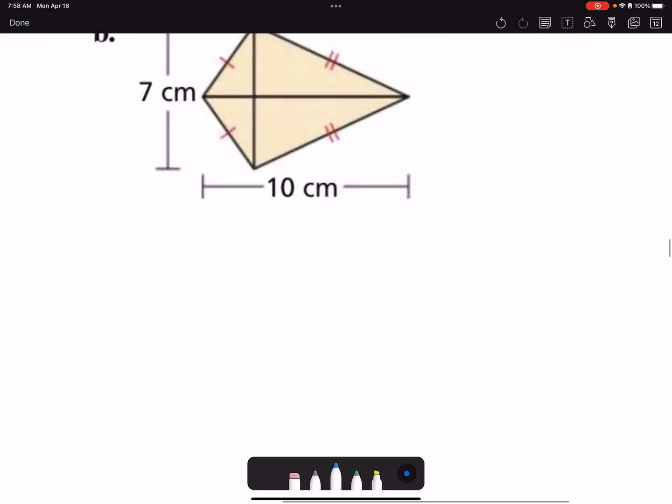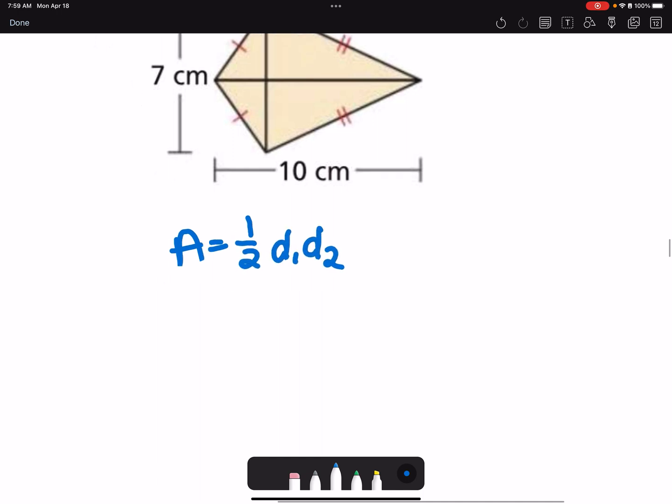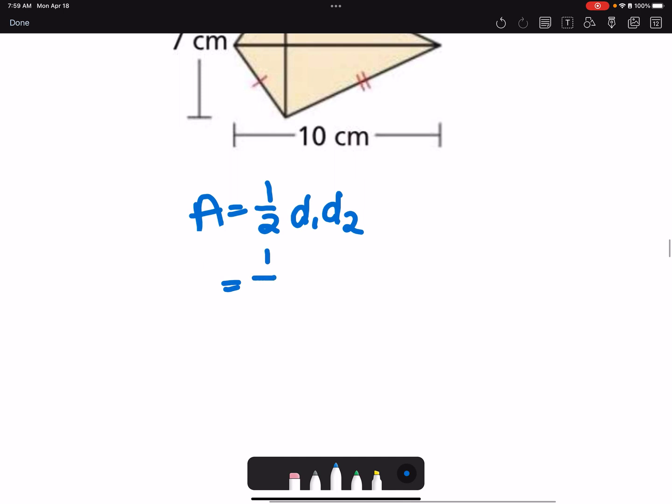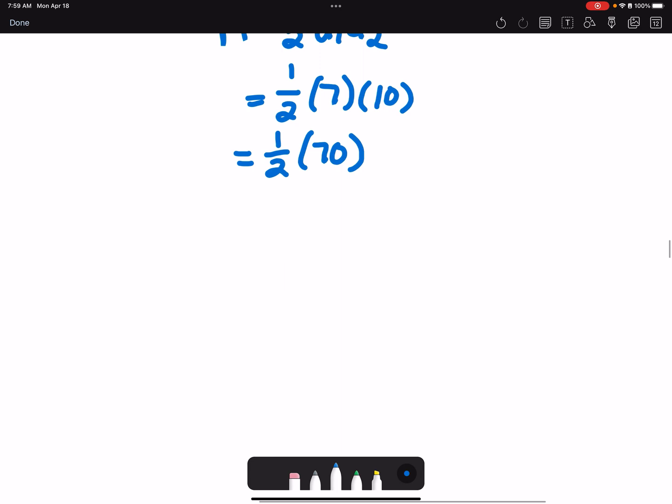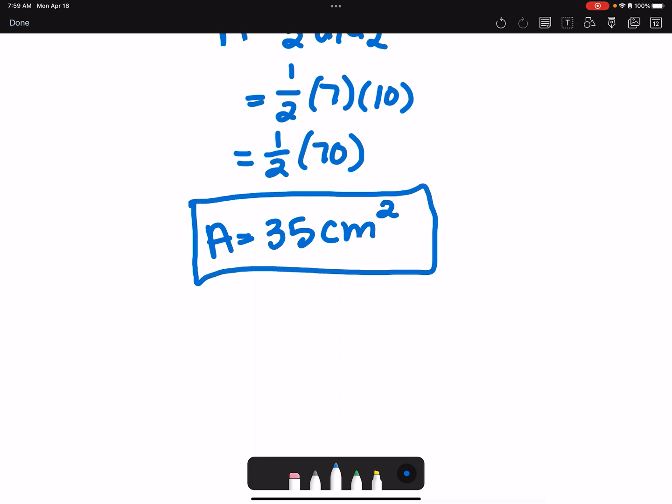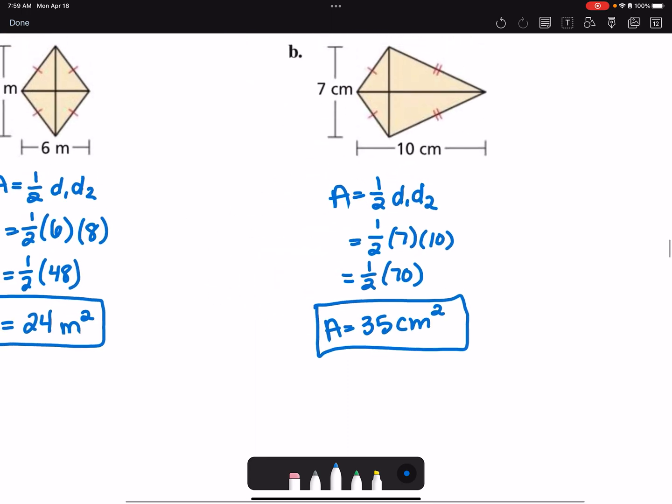Now moving on to this next one, I'm going to have the area of 1/2 of diagonal 1 times diagonal 2. That gives me 1/2 of 7 times 10, which is 1/2 of 70. So my area is going to equal 35 centimeters squared. And that's doing